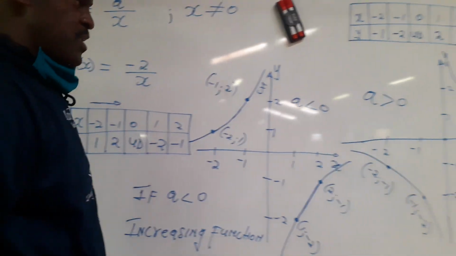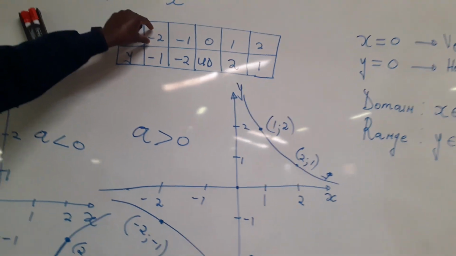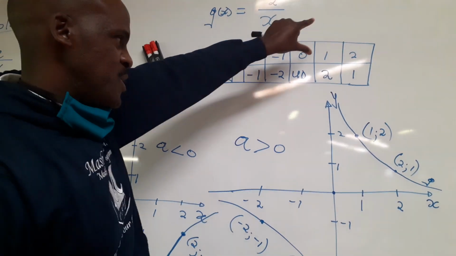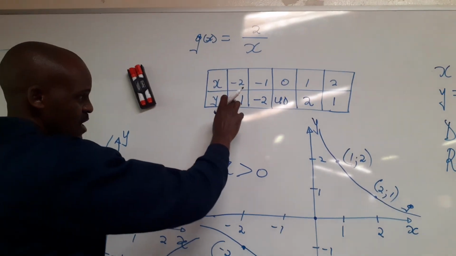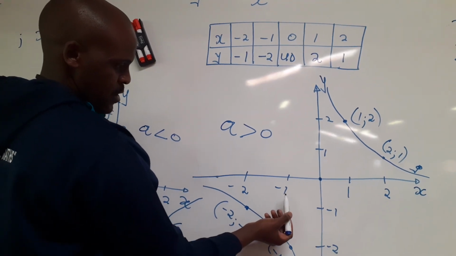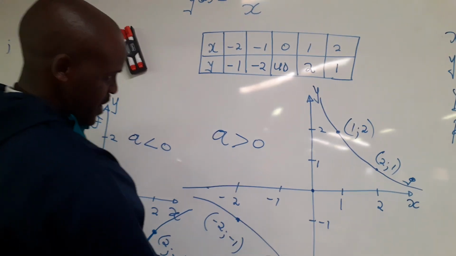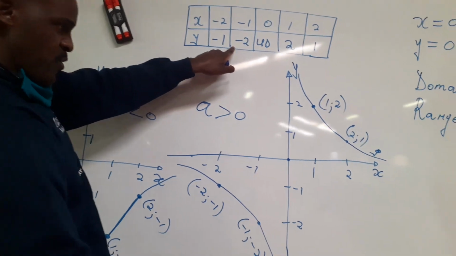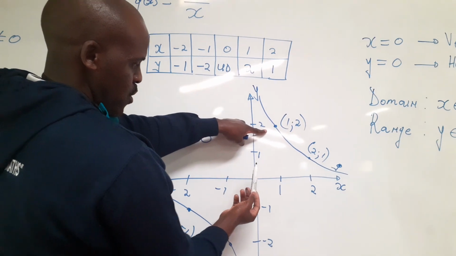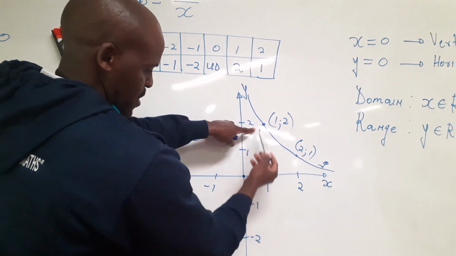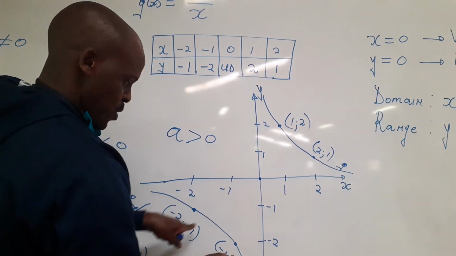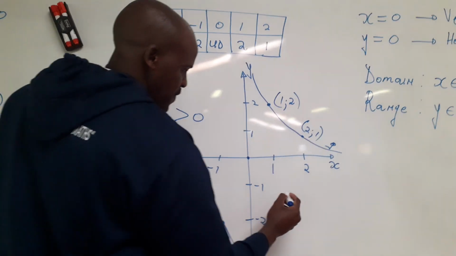That's an increasing function. Whereas here, we've got negative 2, negative 1. We are increasing with the values of x. But looking at the values of y, from negative 1 to negative 2, we are going down. Again, from 2, as x is increasing, from 2 to positive 1, we are decreasing. Also here. Therefore, this means that